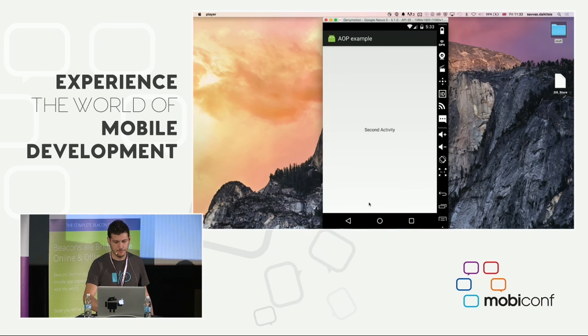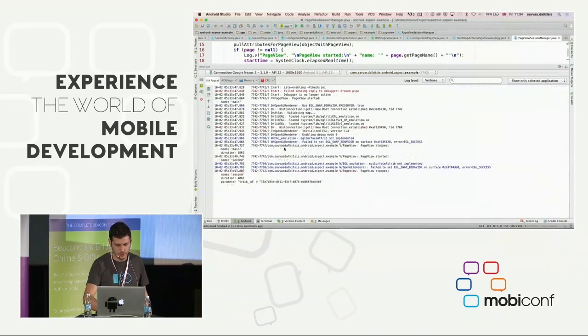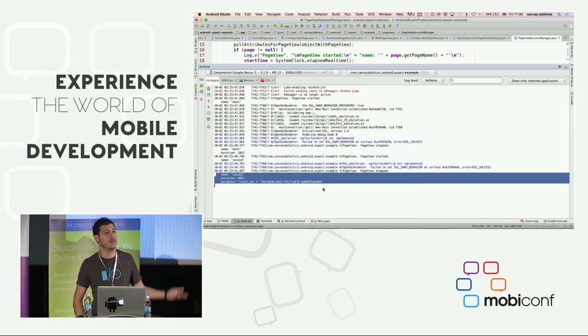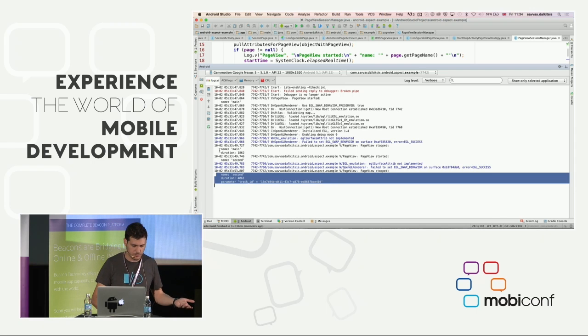Starting the new activity. That now received a random string in it. I will exit the screen. And in the logs, you will now see that the page view has a name as before. It has a duration, and it also has a parameter track ID with that random string. The first page view, which is like a few lines above, is still just a statically configured one. There's no dynamic content to it. The name's main, and the duration was 1.8 seconds.